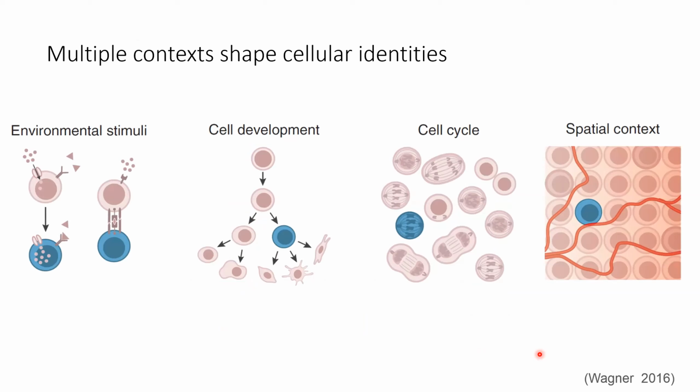So for example, different environmental contexts, such as variation in nutrients or hormones, can simulate different homeostatic processes. Cells can also go through changes in their physiological functions as they change compositions during differentiation from a stem cell to a terminally differentiated cell. Cells also change which genes are expressed depending on whether they are proliferating or in a state of quiescence. Also, spatial positions such as distance to blood vessels can change what kind of homeostatic processes are present in individual